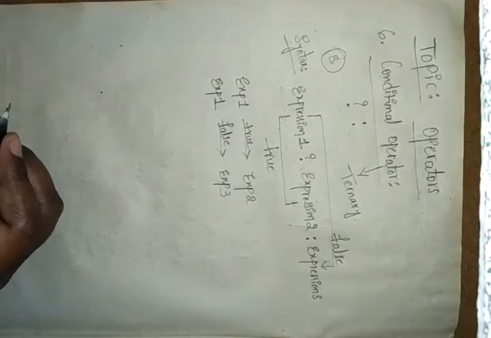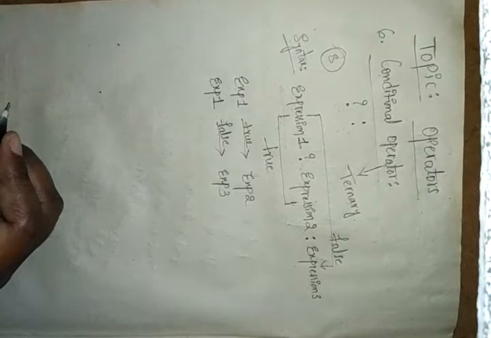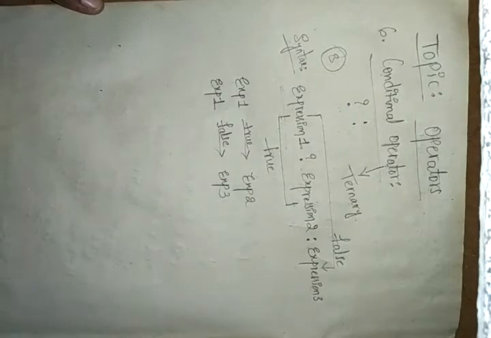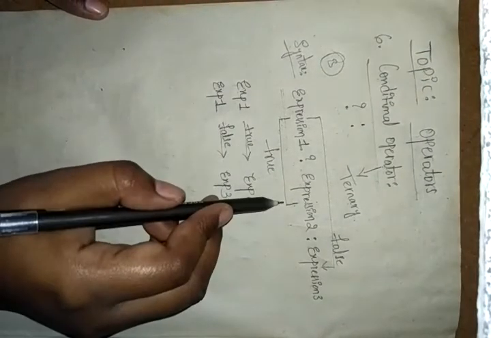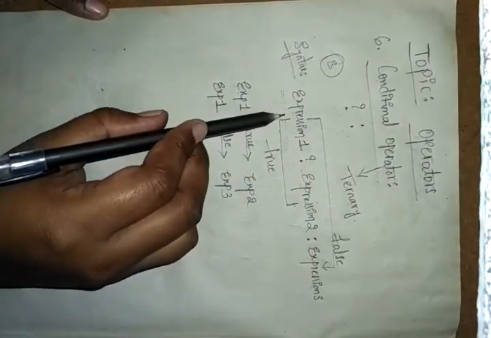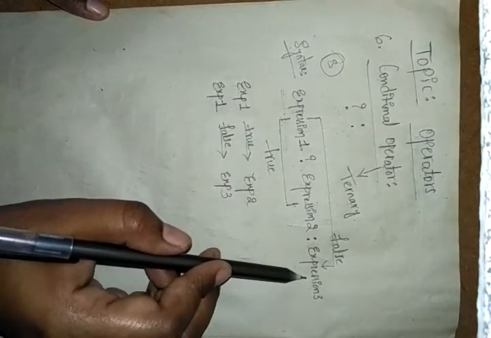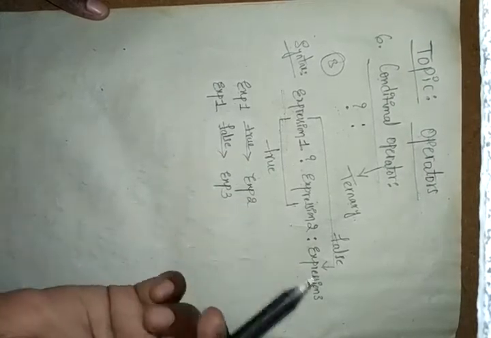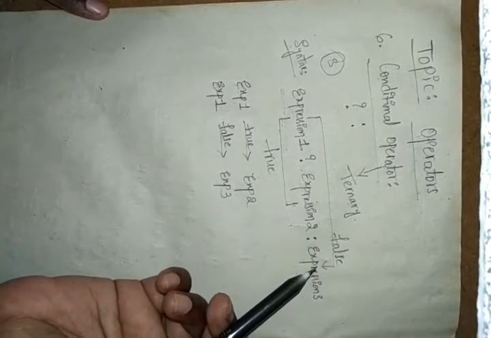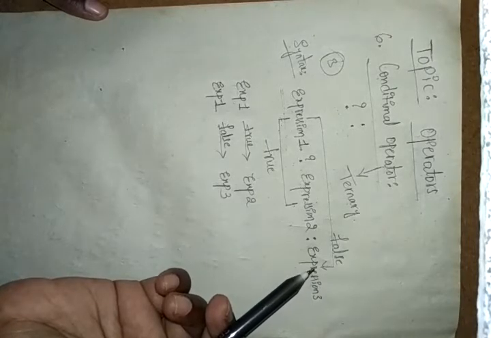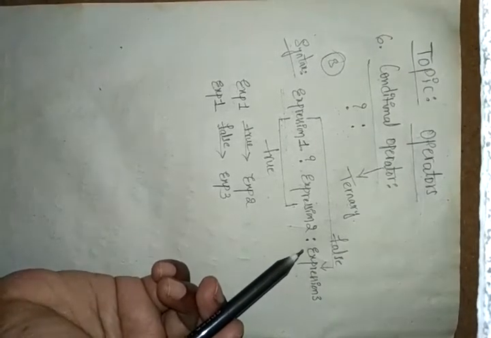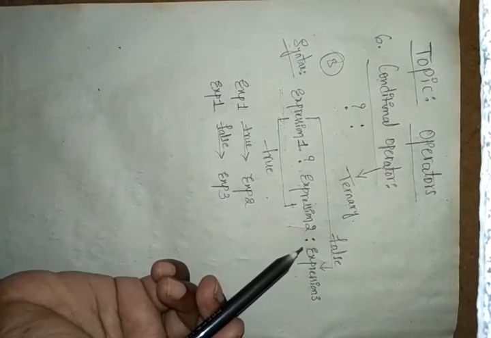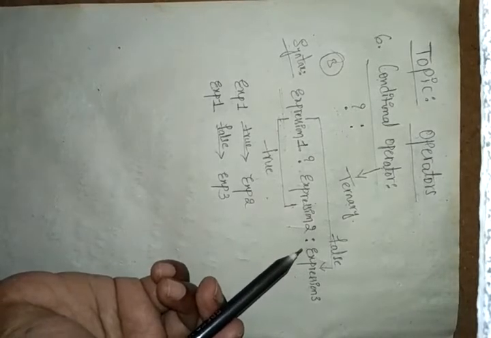We have easy programs for this. By seeing that output, we will definitely understand these expressions. If expression 1 is true, it performs expression 2, or else if it is false, it goes to expression 3. Whatever we have in expression 1, 2 and 3 will be displayed in the output. I will show you one example program, and you will understand it.